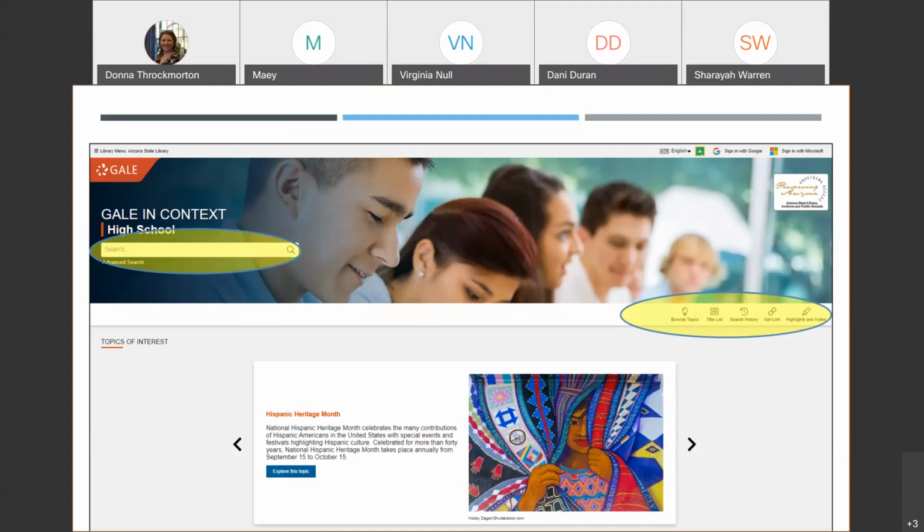So we're going to dip our toes and look at that. On the right-hand side, you have this navigation bar, and it deals with some resources or functionality that patrons or users can take advantage of, including the browse, list titles, history, links, and how to highlight. Below that is a carousel of different highlighted topics that they've curated for this. So we're going to actually go into that and look at what they provide for you. Then on the next slide,